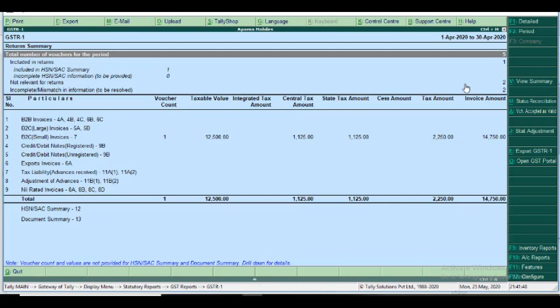Our step-by-step procedure is trained clearly, but since we used trial GST numbers, the report comes out wrong. In the next topic I will give the original GSTR1. But you get the knowledge. The path to view the report is Gateway of Tally, Display, Statutory Reports, GST reports, GSTR1.